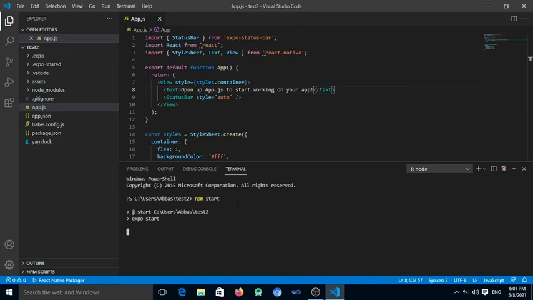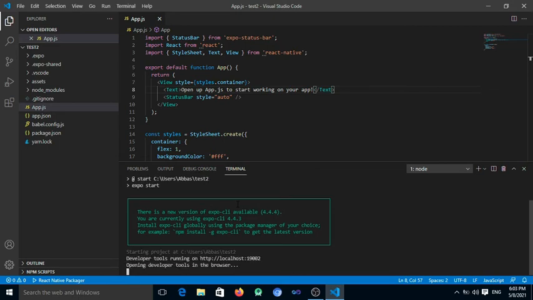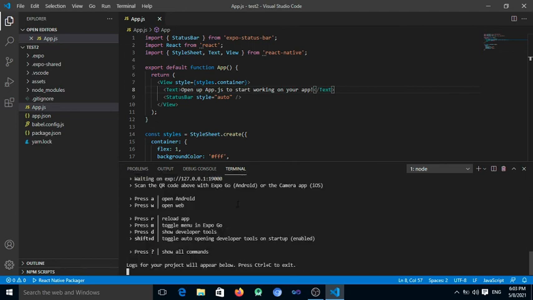So just wait. Here Expo is started. It gives the QR code which is used to run the code on your mobile device.